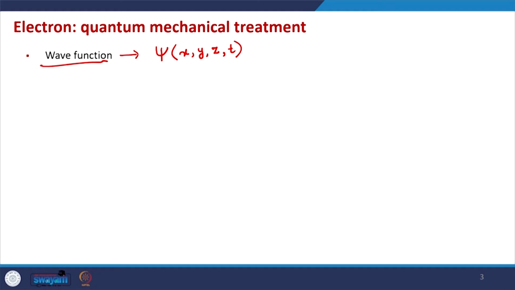It can be a complex number as well, generally it is a complex number, but it contains all the information about the system. So, if we need to understand the nature of electron, we need to basically find out the wave function of the electron in a given condition. So, if we need to understand the electrons in solids, we need to understand the wave function of electrons in